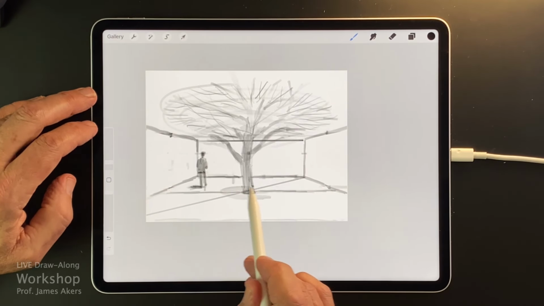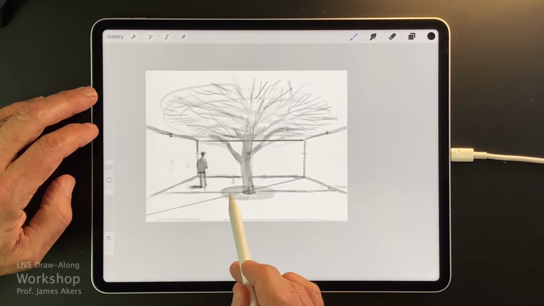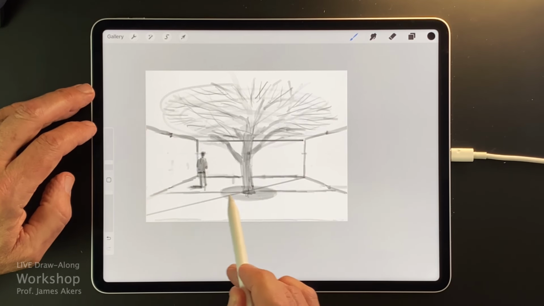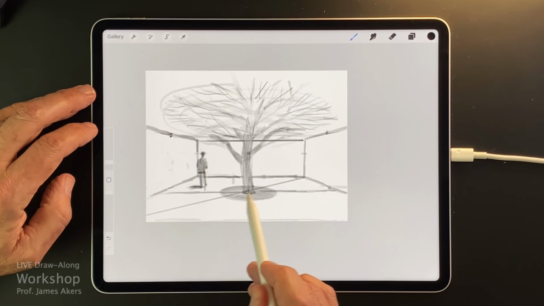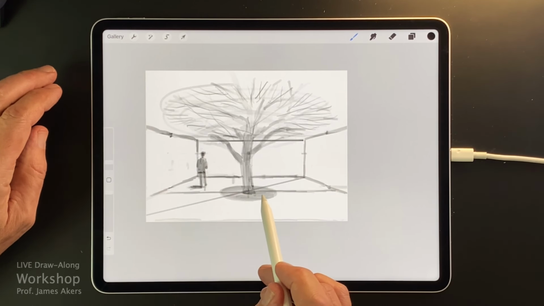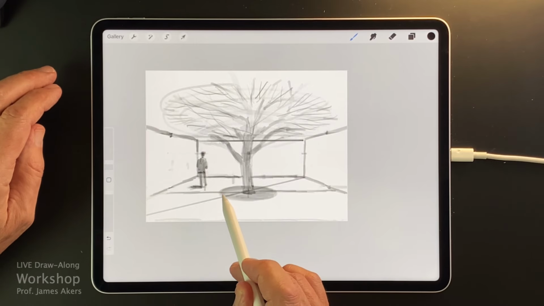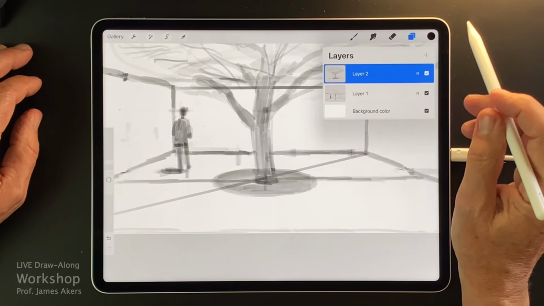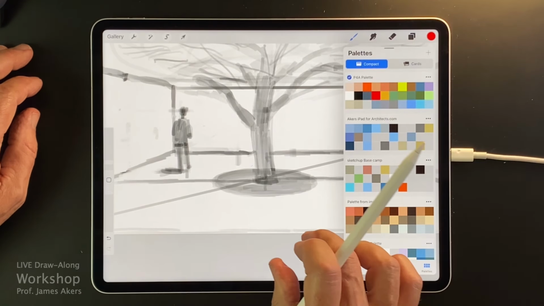And again, I'm just sort of starting in a hazy way and it's almost like you're listening to your pencil. Your subconscious is starting this circle, and in real time you're reacting to the sense of a circle that you've drawn. So I'd still like to do it freehand and just estimate, but there is this trick I promised you. And let's make a new layer for that. And this time I will switch to red.